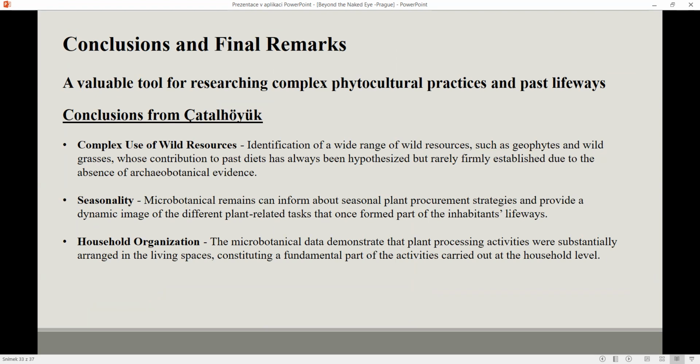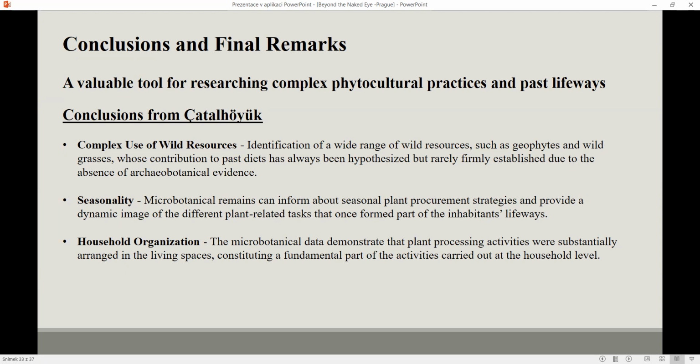I would like to make some conclusions and final remarks to demonstrate how microbotanical analysis has proved to be a valuable tool for researching complex viticultural practice and past lifeways at Chateaubriand. From the study of Chateaubriand, the analysis of microbotanical remains has shown complex use of wild resources,